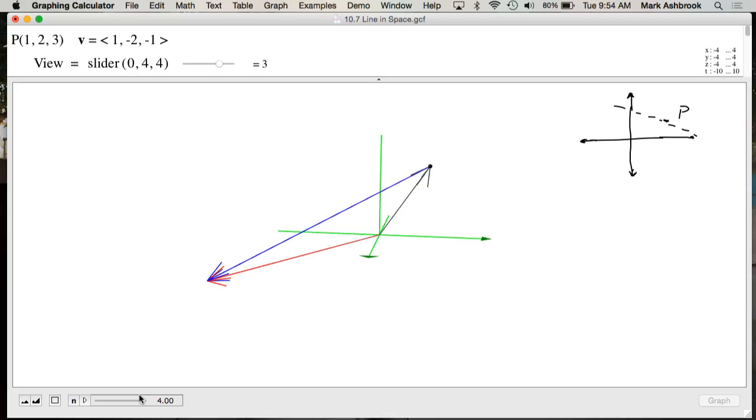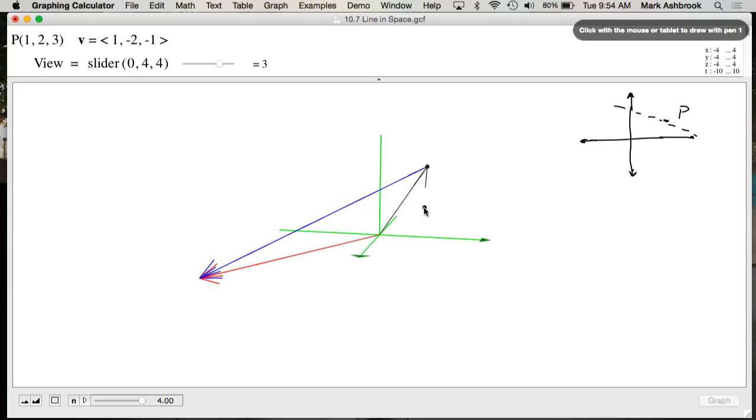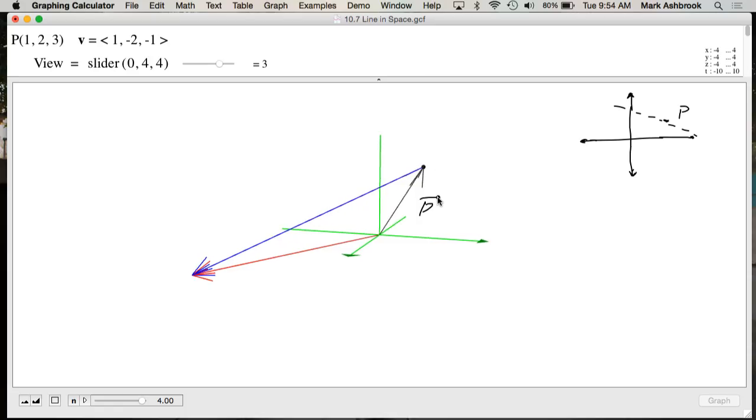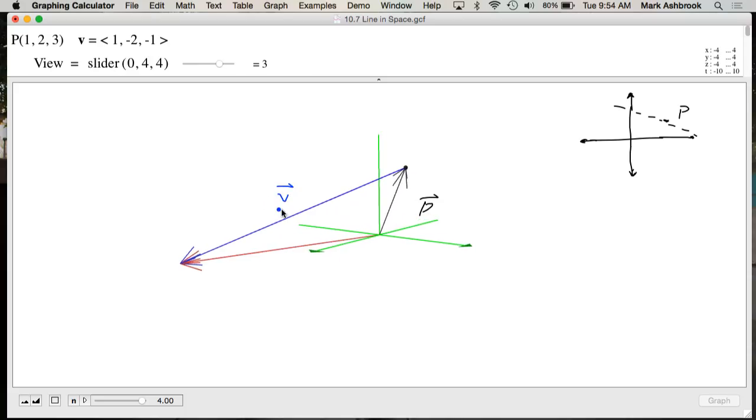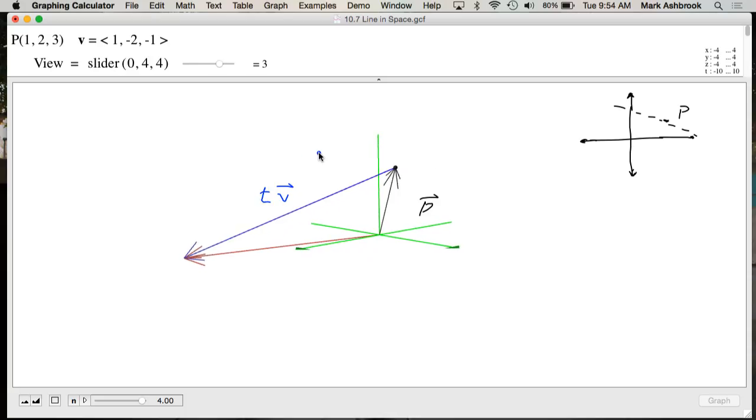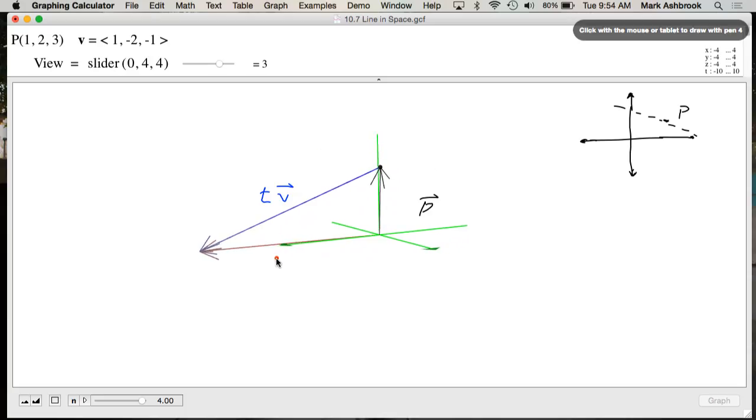So this is our P. We'll write them down here. This is P. This is what we call V. Or actually, it's going to be all scalar multiples. So T is going to be our scaling factor on V. And so then the resulting vector is